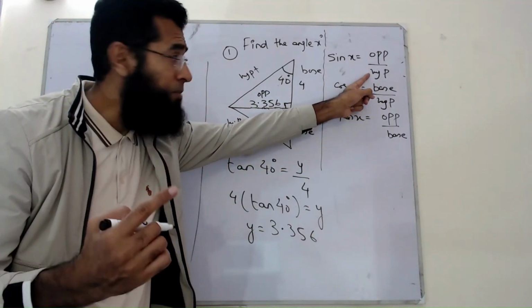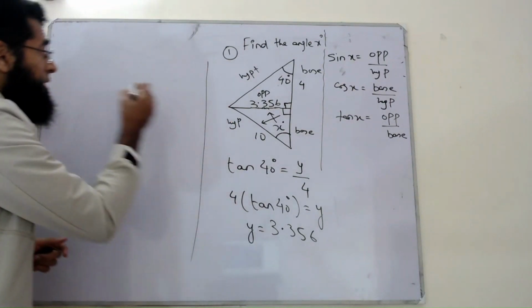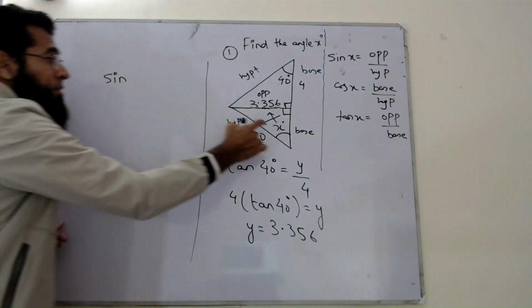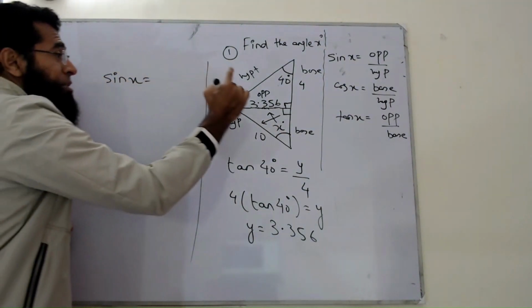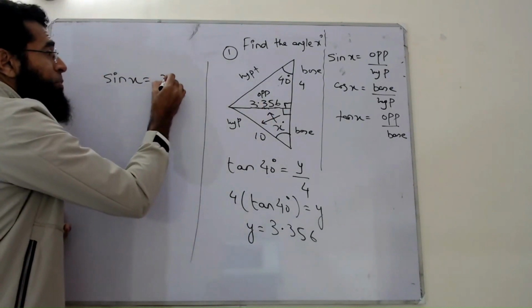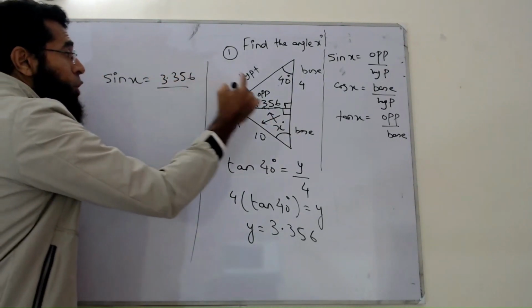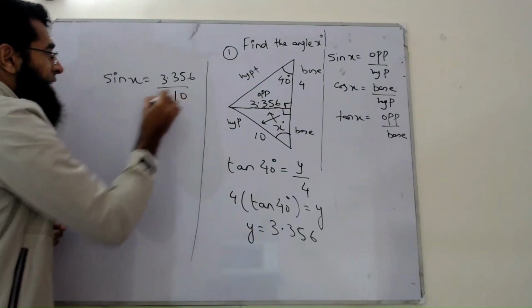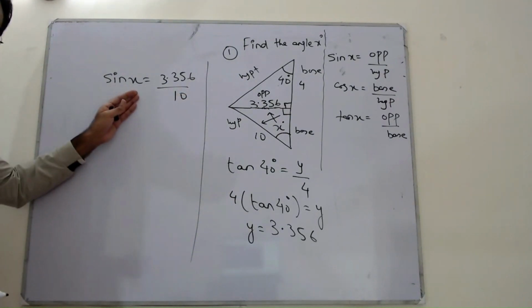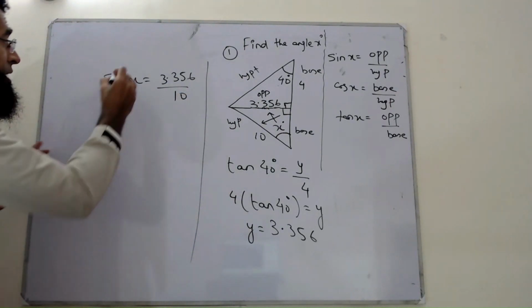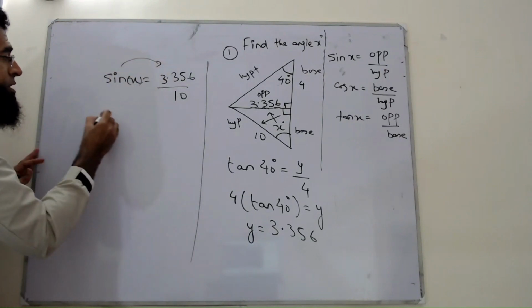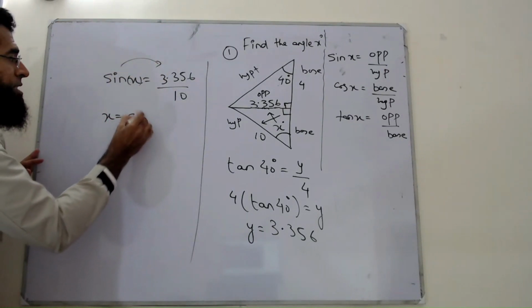Sin x connects them. So sine of the angle x is opposite, 3.356, over hypotenuse, which is 10. We've already discussed how to find the angle: sine goes across and becomes sine inverse. So x is equal to sine inverse of